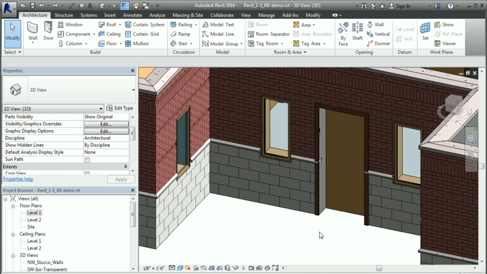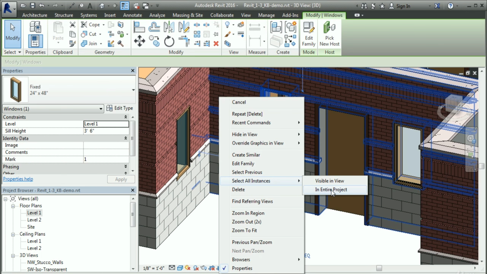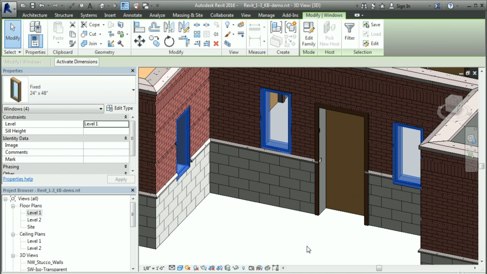It's possible to change instance parameters on multiple objects at one time. You can pick this same window that you just modified, and then right-click and choose Select All Instances in Entire Project. It should show a 4 beside the Windows icon to indicate that you have 4 objects in the current selection set. If we look in the Properties pull-down here, the sill height parameter is blank this time, and that indicates that the value varies with the selected elements. Set this sill height to 30 inches, or 2.5 feet, and then just pick outside, and all of those windows